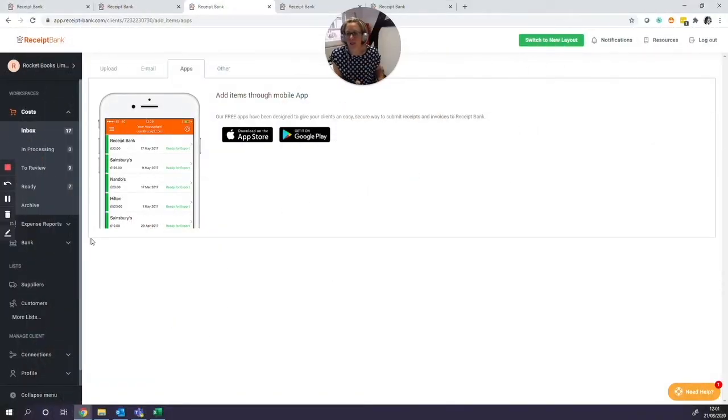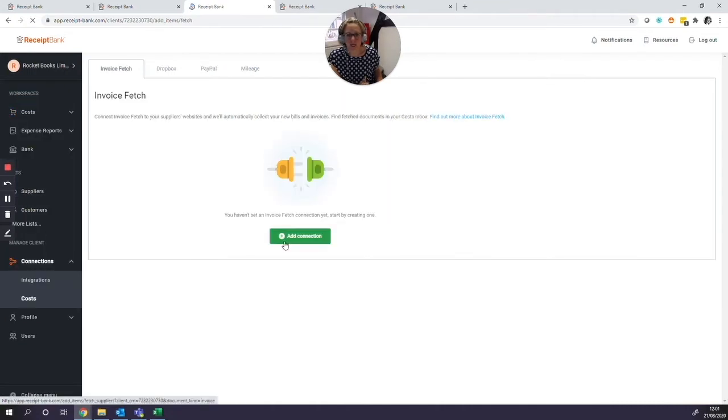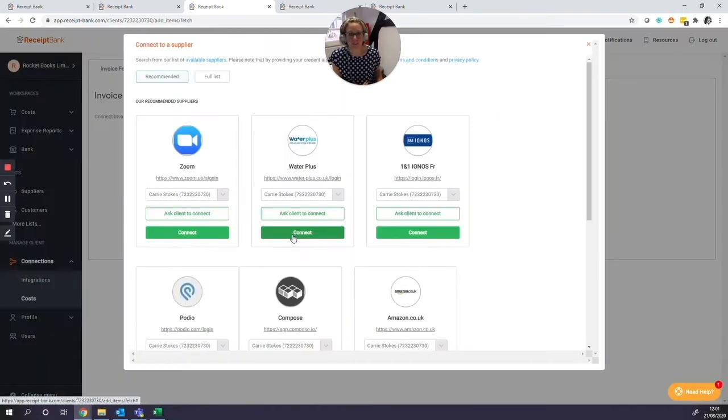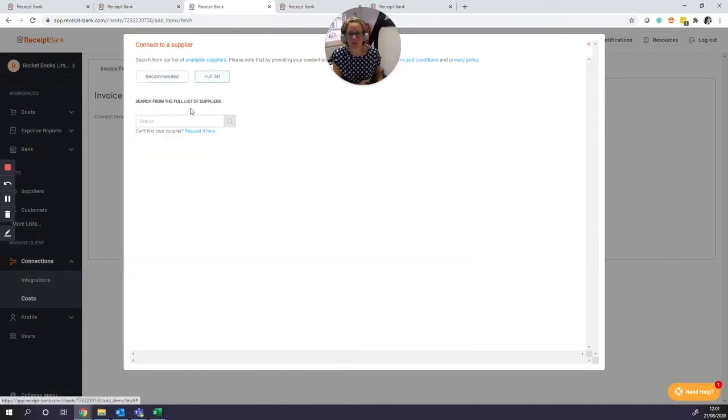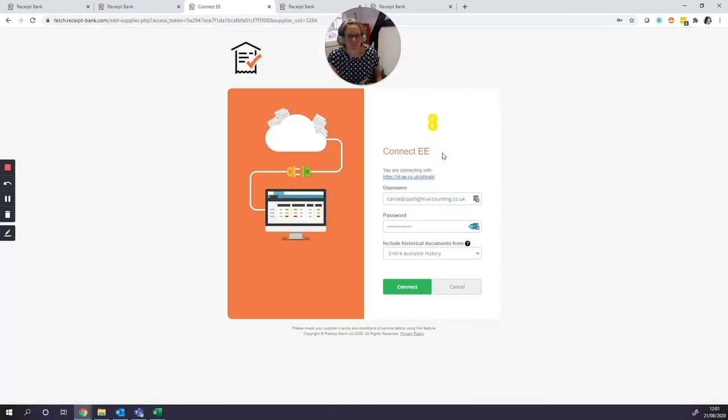Okay, the other way you can add costs, which is my favourite way, is through connections. So on the left hand side, you've got connections and select costs. And you can add a connection. So for example, my mobile phone is EE. So if I click connect here, I can put my username and password in for EE,